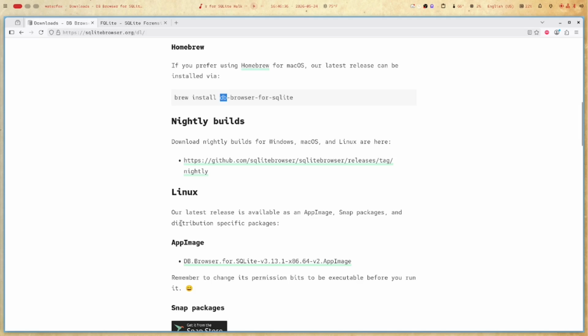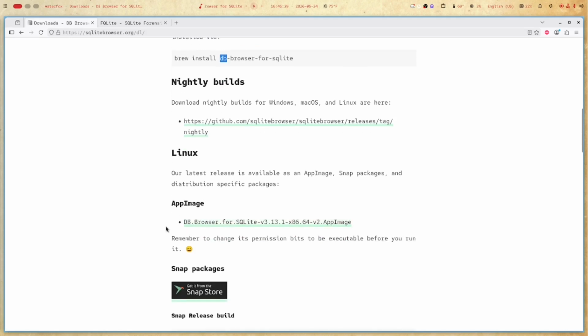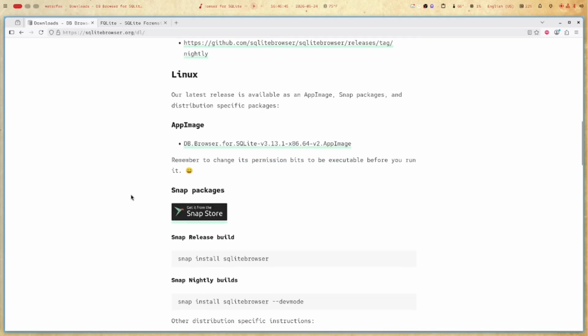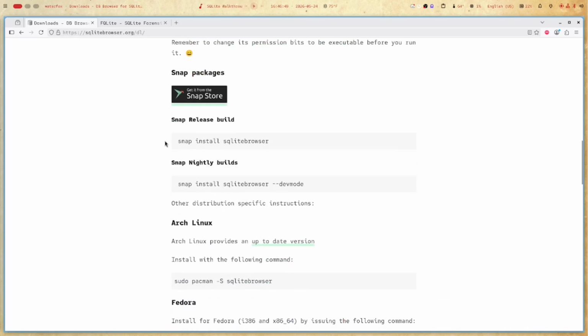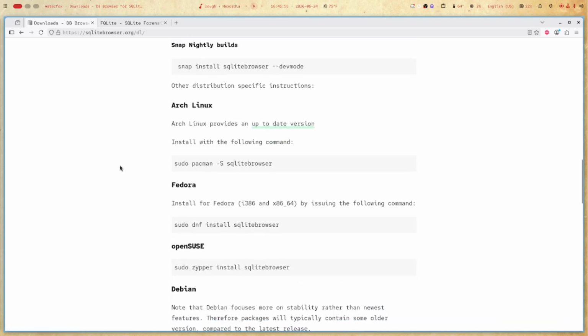And on Linux, there's a common app image package that you can use for every single x86 version. And if you want an actual package, you can get it from the Snap store here also, or